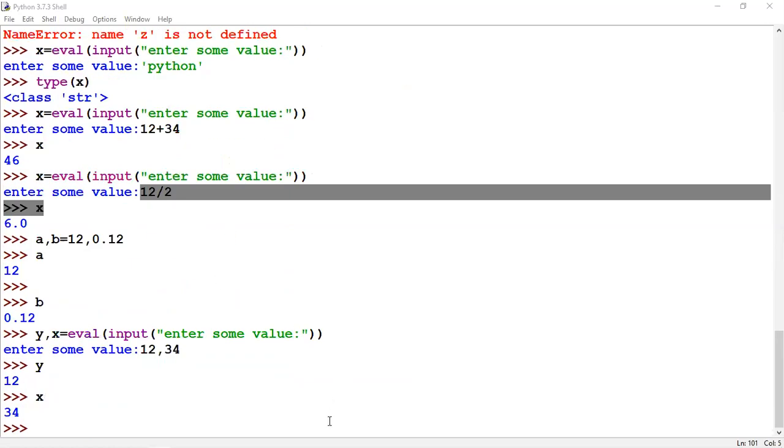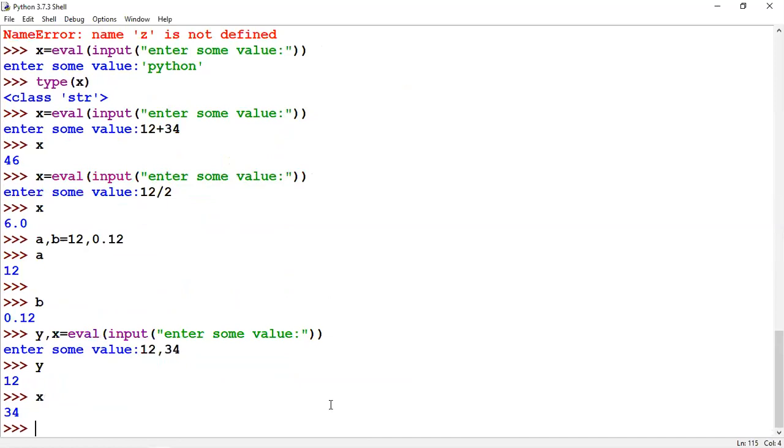Now our next topic is operators. Do you guys know what an operator is? Operator means these plus and all these arithmetic operations, like division, addition, subtraction.